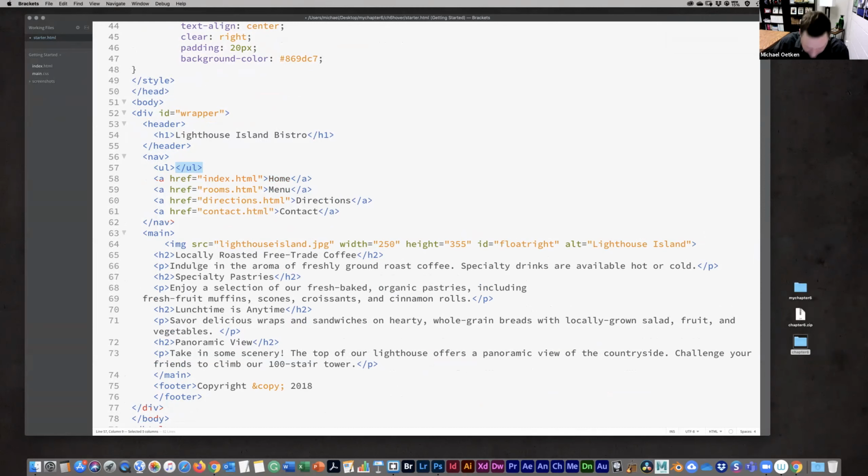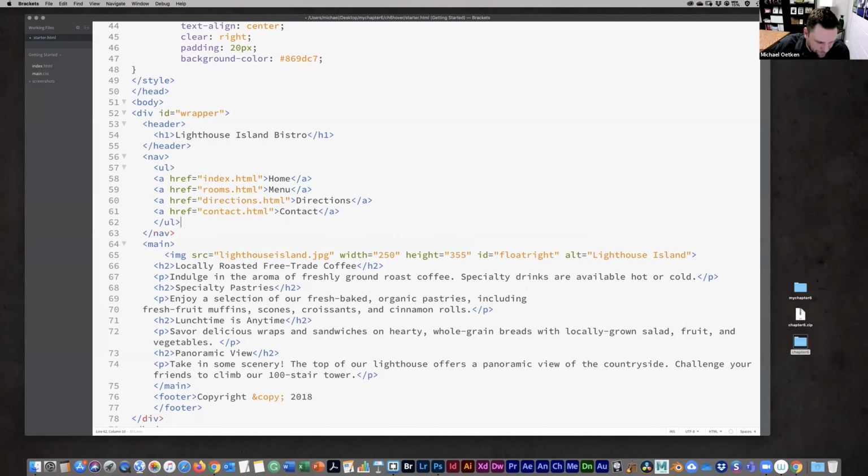Move that closing tag to the end of my nav links. All right, so then remember with unordered list, then we need each of these to be a list item by itself. Okay, so we use the LI tags. And we put all of the link information there, the text and the anchor reference. Those get nested inside of those, right? Okay, so we're going to do that for all of these.